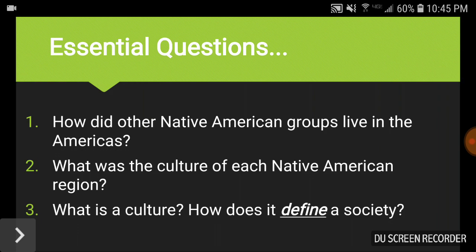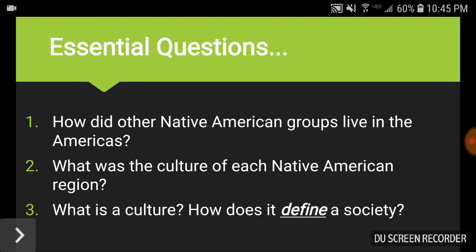These essential questions should look very familiar to the ones we looked at yesterday. How did other Native American groups live in the Americas? We're not talking about the 3 major civilizations, the Aztec, the Maya, and the Inca, but about these different Native American groups and where and how they lived.